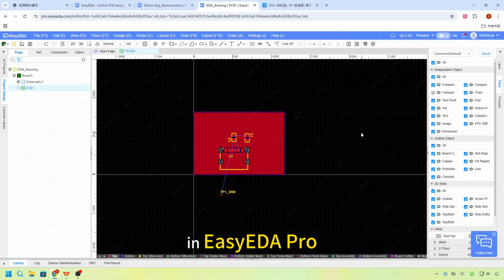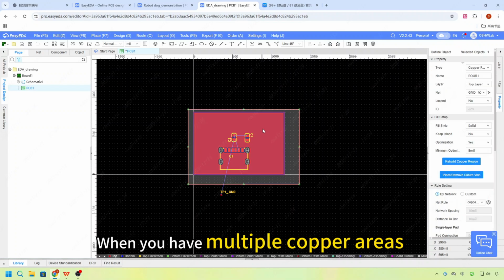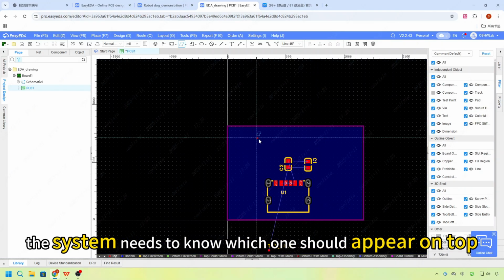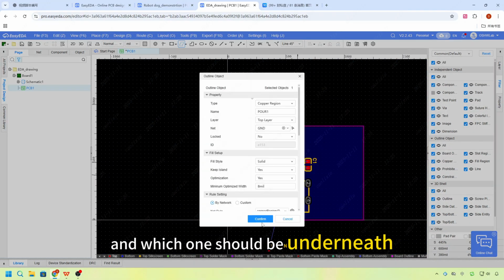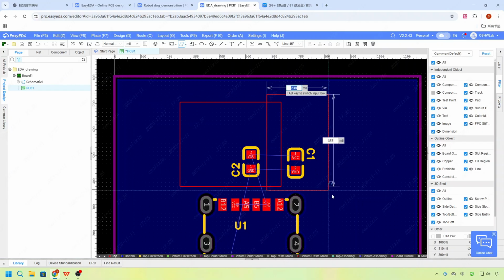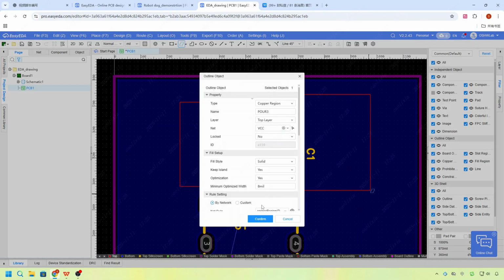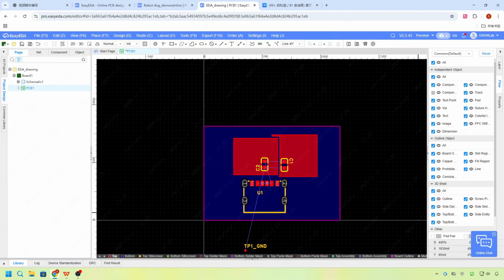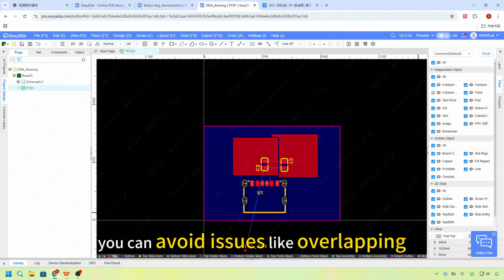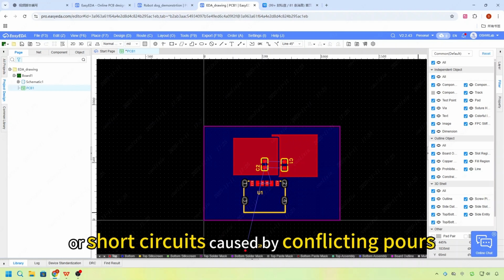In this lesson, we're going to learn a super useful feature: how to set the copper port priority in EasyEDA Pro. When you have multiple copper areas on the same layer, the system needs to know which one should appear on top and which one should be underneath. By setting the right copper port priority, you can avoid issues like overlapping, display glitches, or short circuits caused by